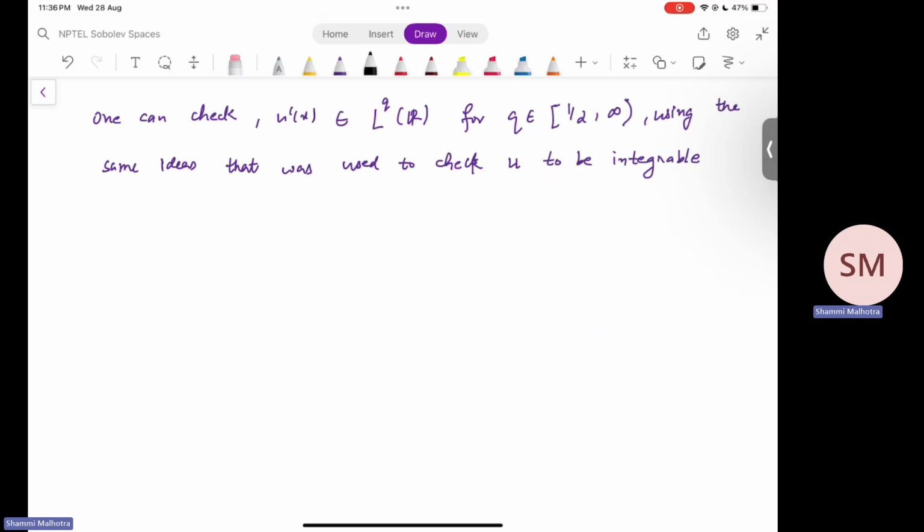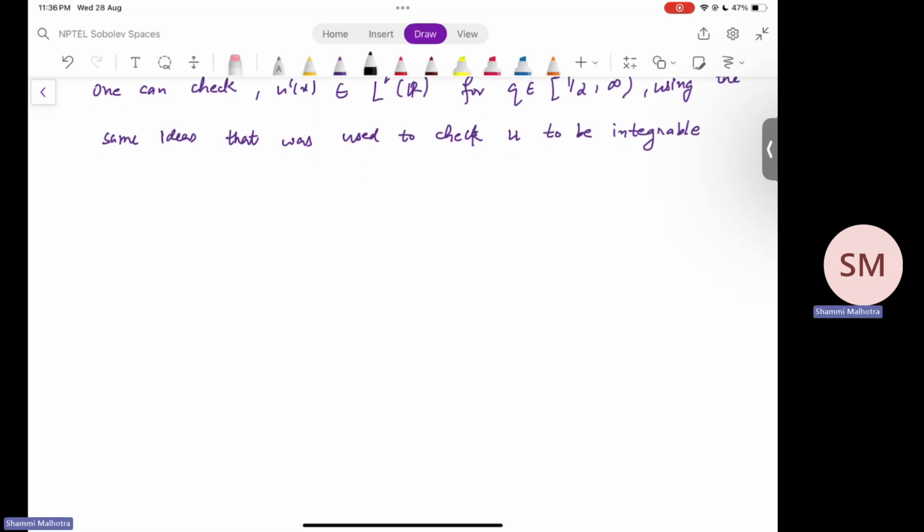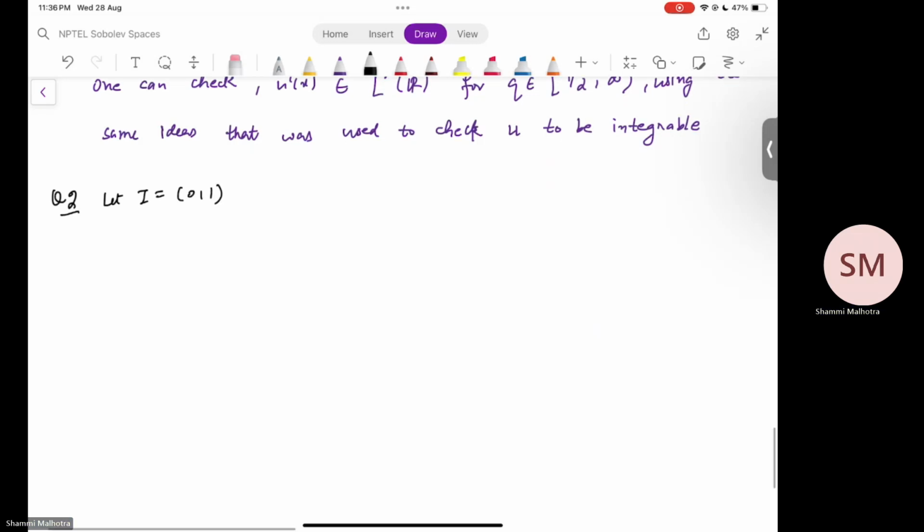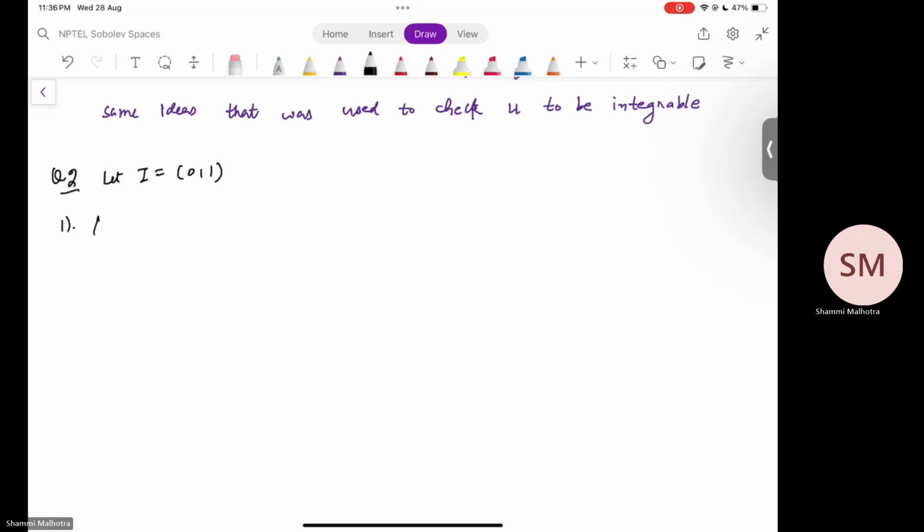But we will see some glimpses of that in this next question. These things are heavily used when we try to solve partial differential equations using these functional analysis tools. So let me add the question. Let I be equal to the open interval (0, 1). Assume that